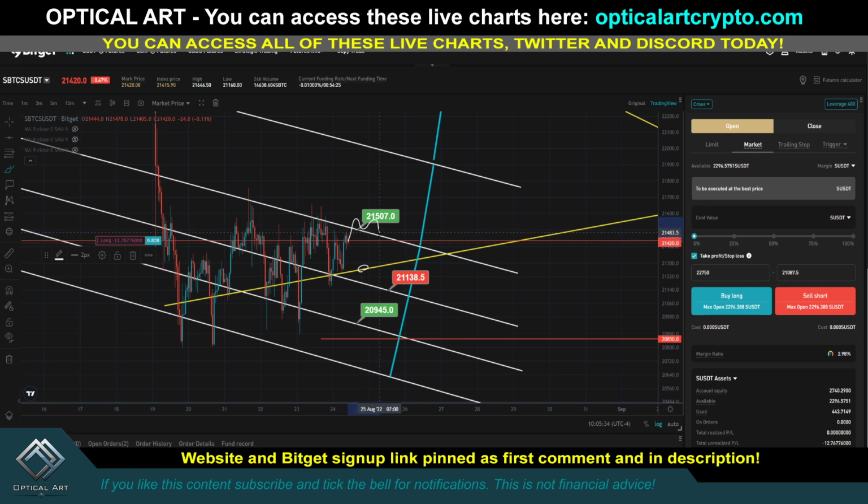But remember, we can still bounce down this point. As long as you're above this, you'd have your stop just below. Just want you to understand how stop losses work and how it can help you from losing money. But I do believe what's going to happen, so possible scenarios: we come down, hold support, resistance, support, but I believe as we approach this ring, we're going to start pushing up, all right? We're going to start pushing up this ring, and I believe the point where you'd want to take your profit,